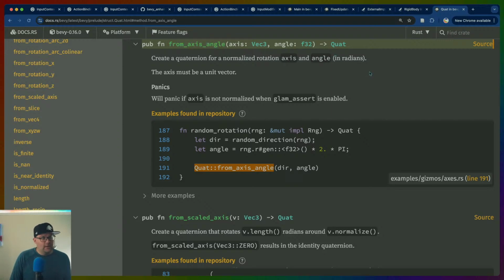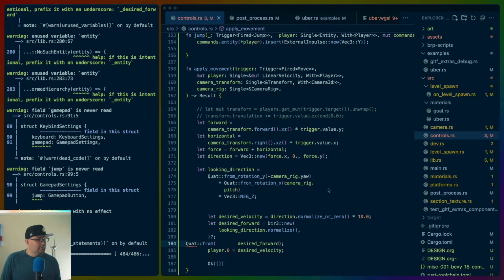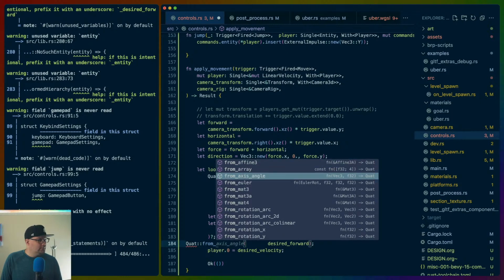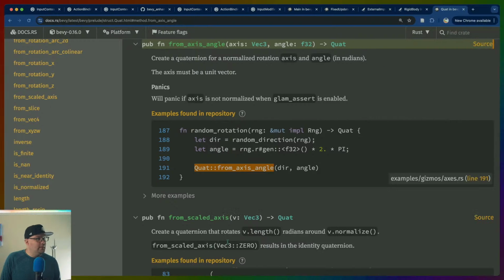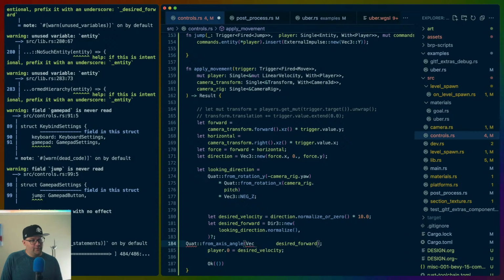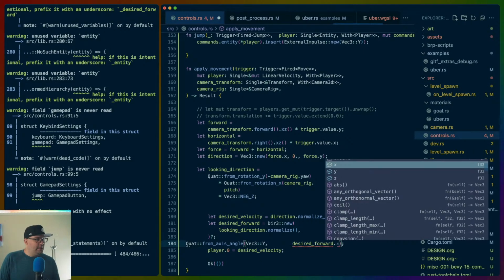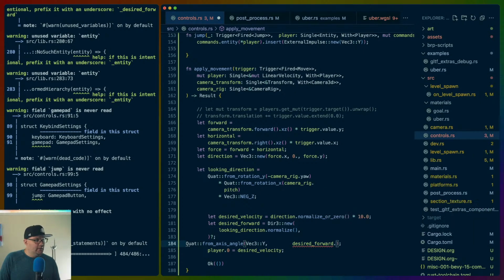So from the Y axis with the angle that our vec gives us, right? From axis angle, does it need to be normalized? We'll panic if the axis is not normalized, but what about, so Vec3 Y will give us that unit vec, and then our desired forward needs to be an angle, actually, and we're using a Dir3 here. So really we need desired forward xz to angle